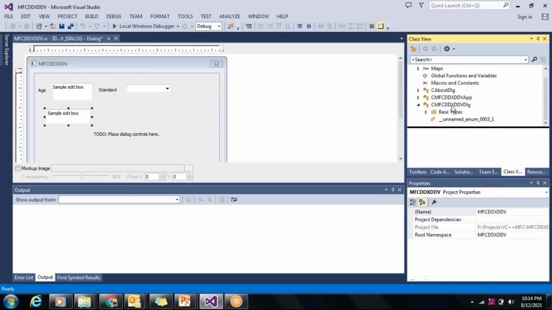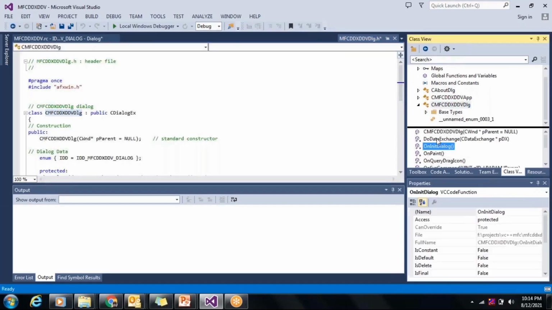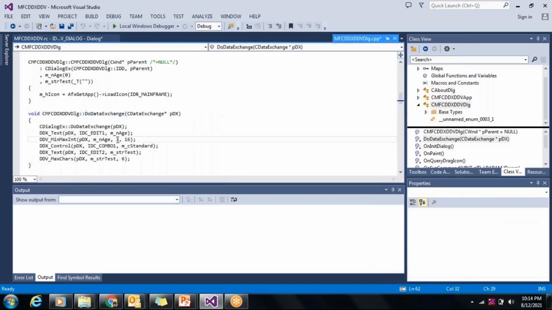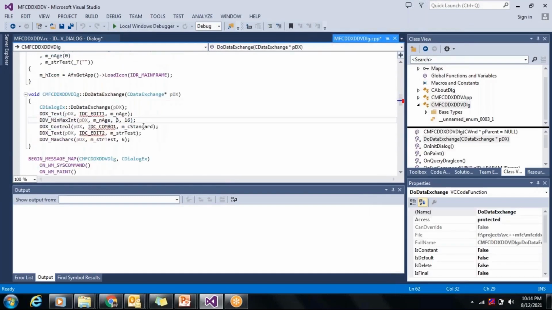So this is my dialog. This is the DoDataExchange function, which you can see here. Now, this is what we were talking about. Here we have DDX text. This is the one which we added for the first one. If it is m underscore n age, then here are the minimum and maximum values which we set.